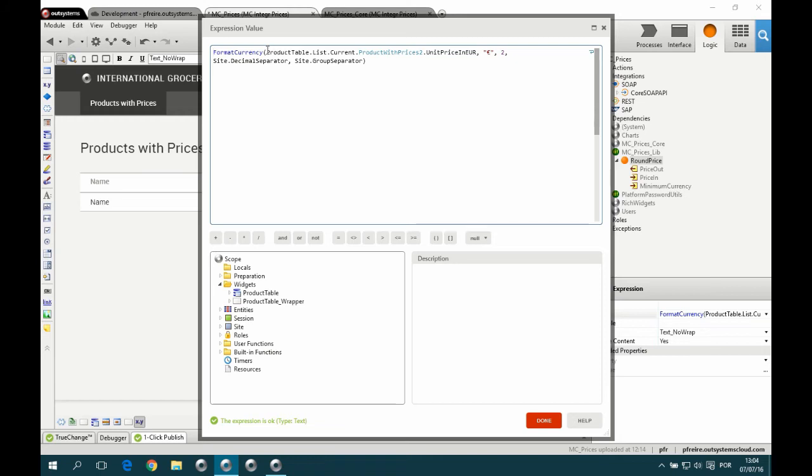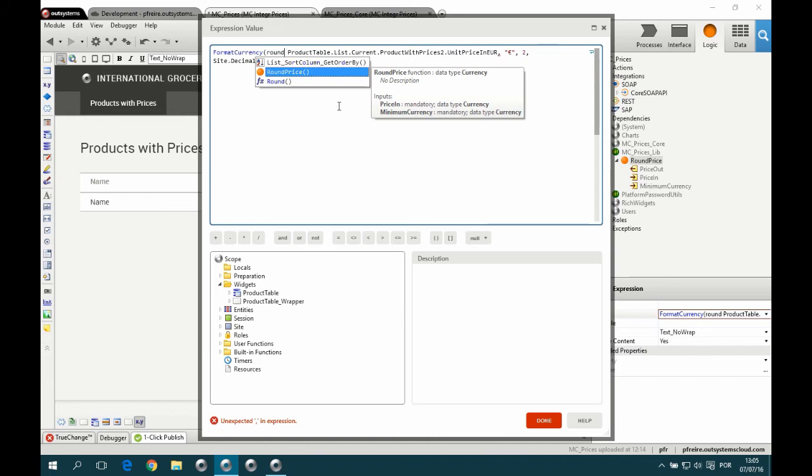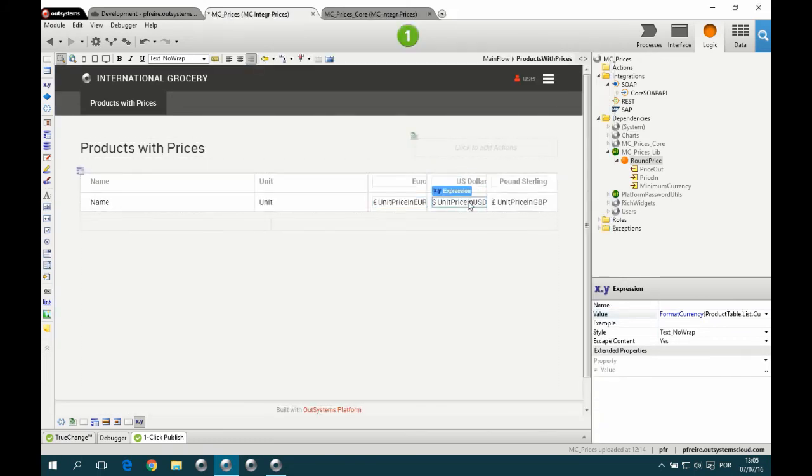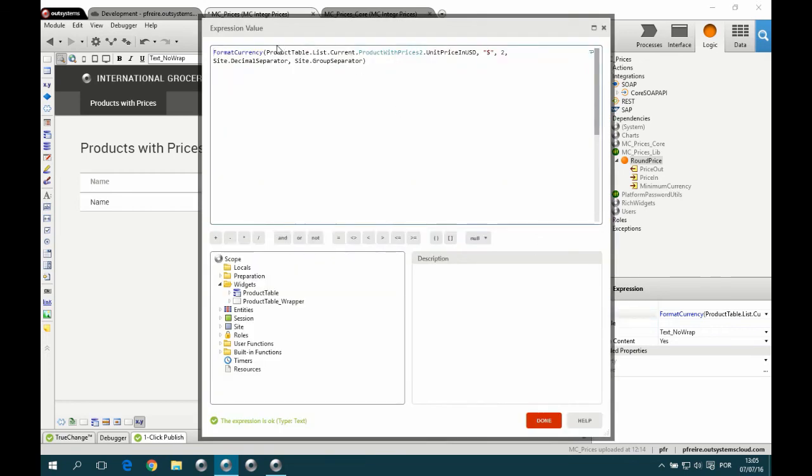So here we go. I'm going to round this value here to 0.05. So let's start by typing round, autocomplete, and autocomplete even works with these kind of things. So RoundPrice, this, comma 0.05. And it's the same thing everywhere. So we're just going to copy this so that it's easier. With the opening bracket, it's even easier. Copy it, hit OK, and then keep on working with the other